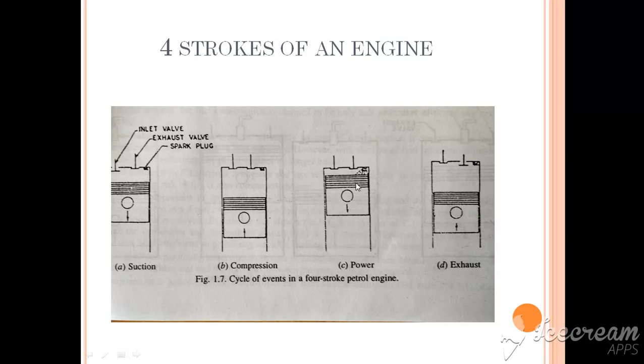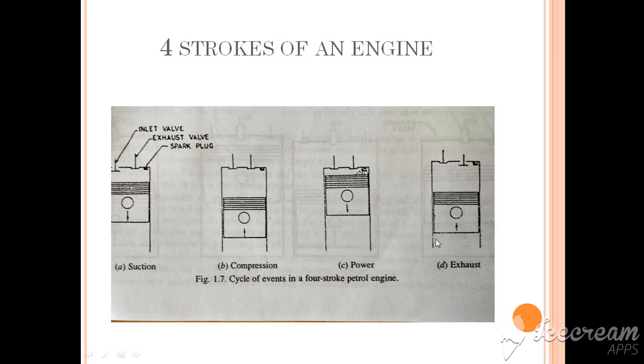Here, due to the ignition of the air fuel mixture, a lot of pressure is generated in the small space. There is no way that this pressure can diffuse. The only way is it pushes the piston downwards with a heavy force, and due to this the power is generated in this particular stroke, and this is known as power stroke, where the piston moves with a lot of force from the top dead center to the bottom dead center. By the time the piston moves to the bottom dead center, all the air fuel mixture is burnt.